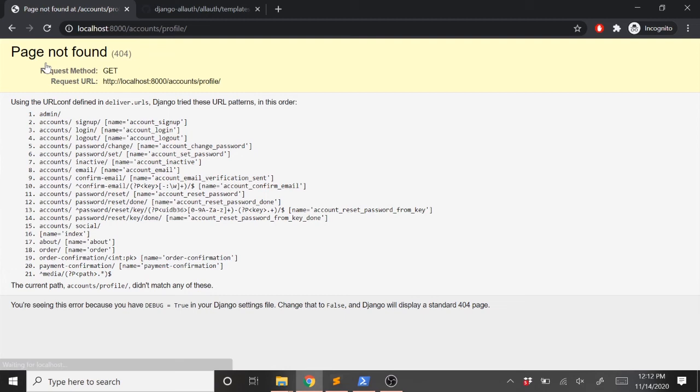And now it will take us to this account/profile, which is not where we want to go because we have no profile view set up for this application. So let's go ahead and change that real quick. That should be fairly easy. All we have to do is jump into our